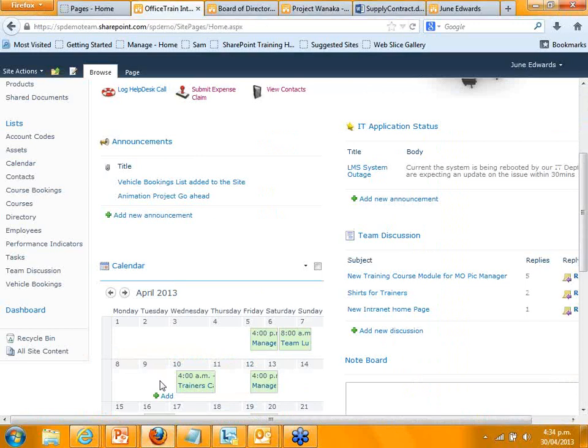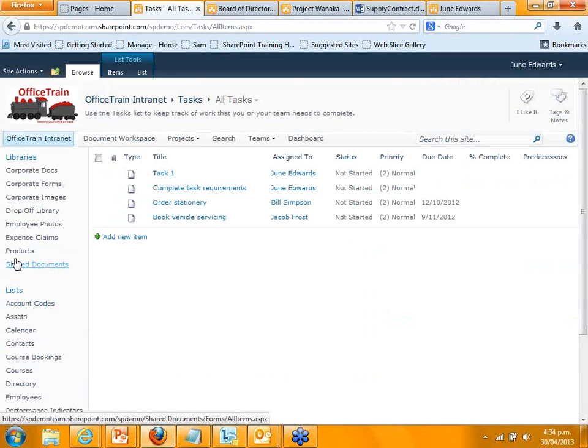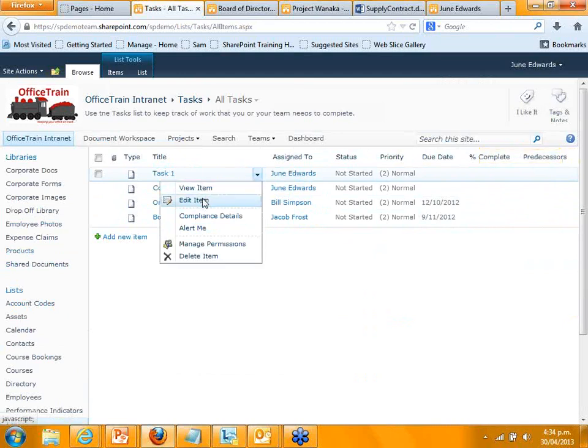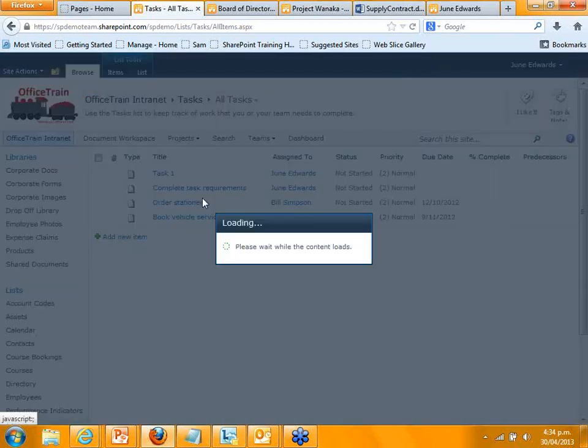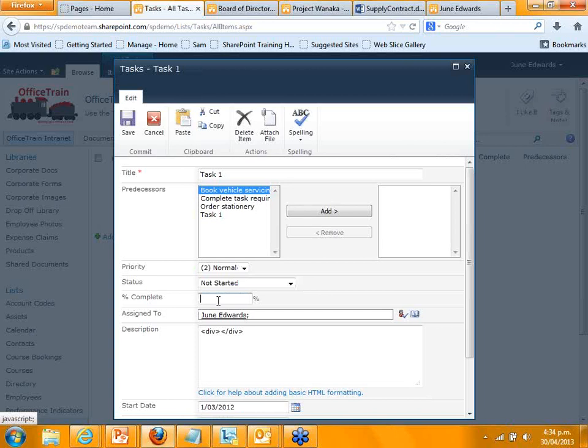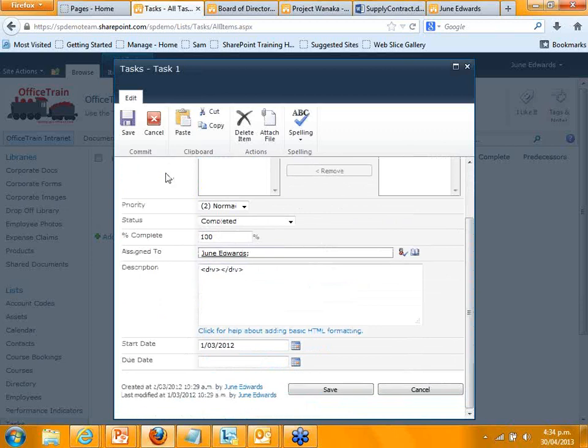If I look at going to a task list as an example, then within the list, I think we looked at any of those, we had the items along here and then the things that describe that information along there, and I can go ahead, edit any item or add a new item in. In a task list, for example, I could go ahead and put 100% complete. So it's a way of assigning tasks to people and being able to track tasks.